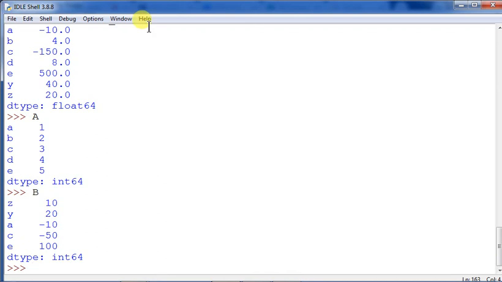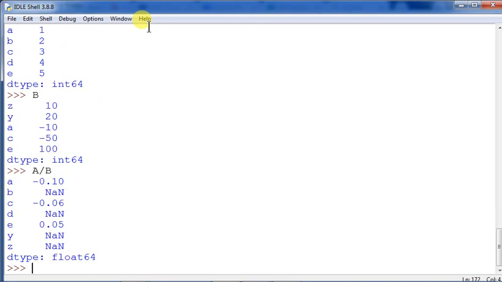Similarly, if you are doing A divided by B, it will do the division also. So wherever the NaN is supposed to come, it will come NaN. But if you are doing it this way, A dot div, B comma fill_value, if you are giving 0 out here, then there will be a problem.